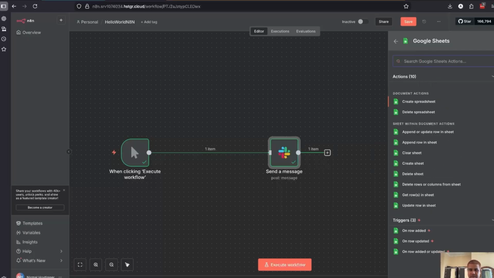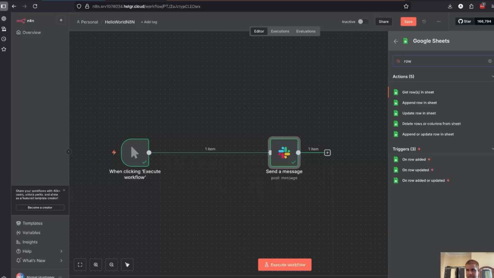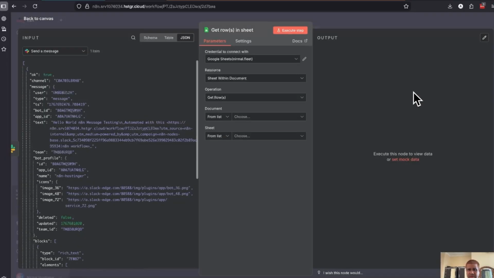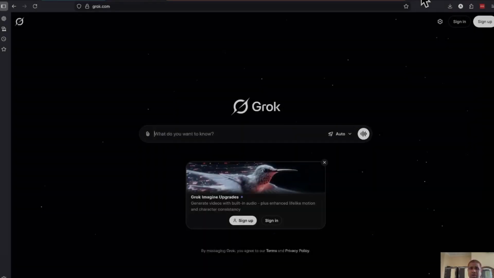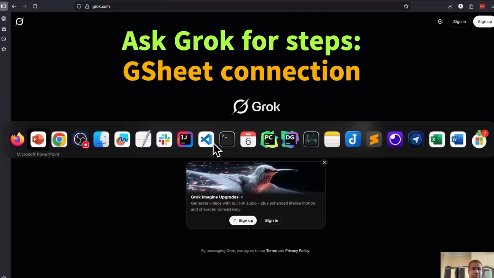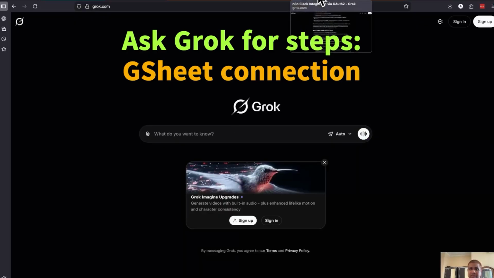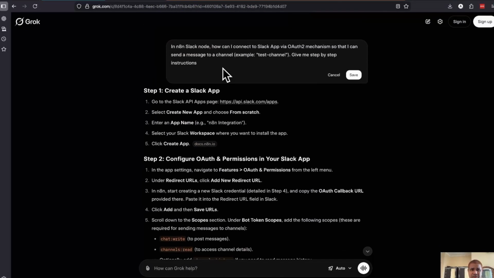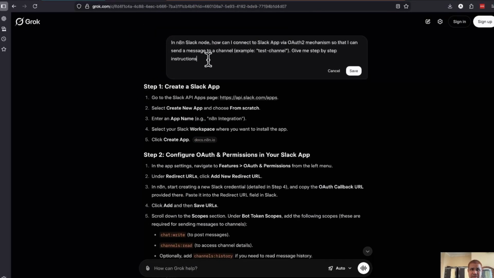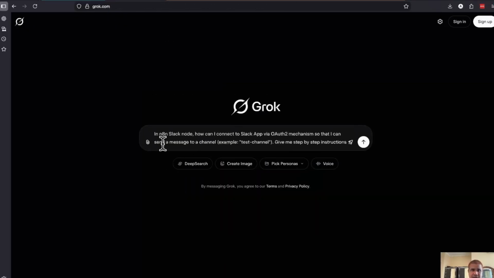Where is get rows? You see, instead of read, they have "get rows in the sheet." So type get rows, and in a similar way, you go to Grok and change your prompt a little bit and ask how to integrate the Google Sheet. Okay, so copy paste this bit in Grok and type n8n